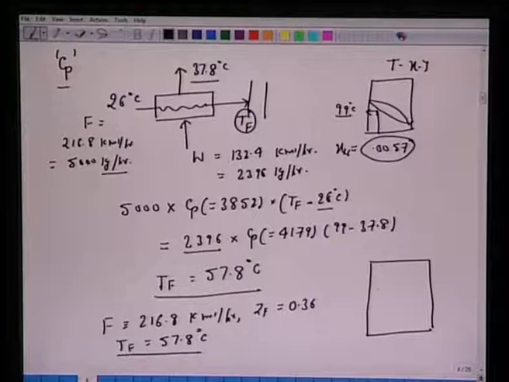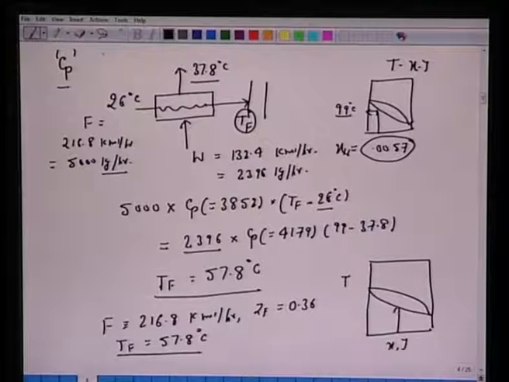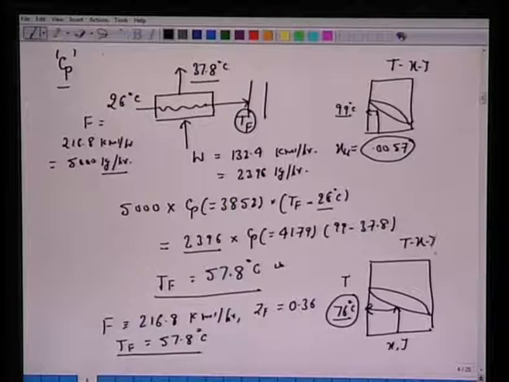Now if you go back to the same TXY diagram for methanol water system, and we take this number 0.36 for the feed, one should be able to read this number as 76 degrees centigrade. That means the feed is saturated at this temperature 76, and the feed that enters this distillation column is colder, 57.8 degrees centigrade. All we are trying to say here is that we require all this information, TXY diagram and HXY diagram, to know the status of the feed or the different streams which leave.